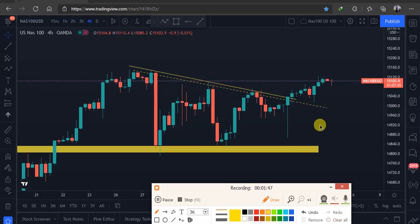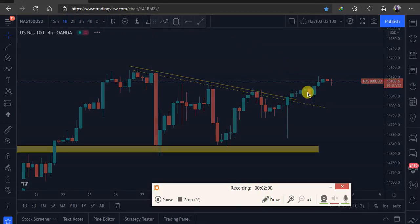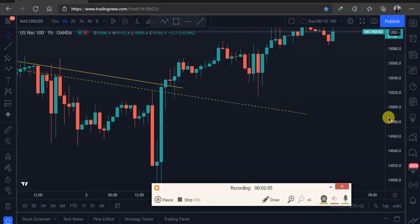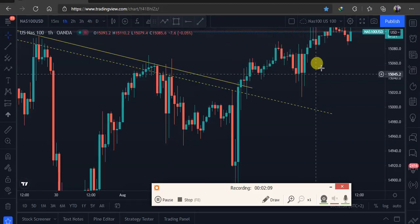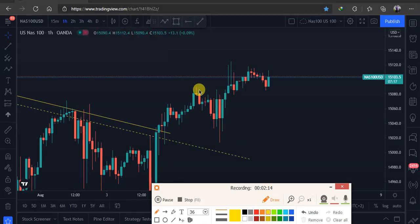So this is what we were waiting for. After this retest, the market is now pushing up. Then we will see higher highs, higher lows, something like that. So let's try to go on a smaller time frame and see what we can expect. Since this was our first retest, now we need maybe another low, a higher low